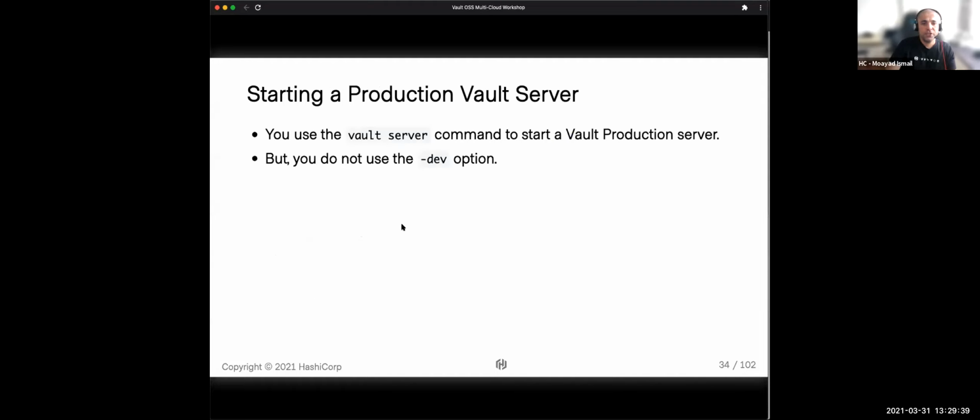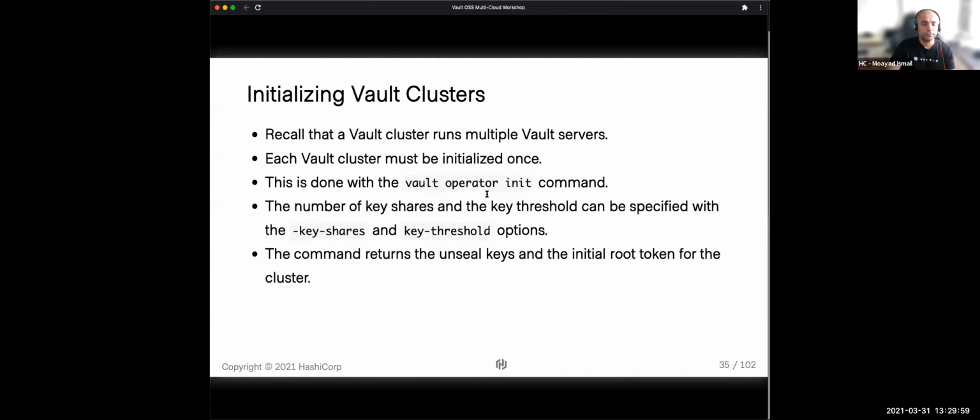To start the production server, it's quite straightforward. You run vault server, and then you reference the config file, and do not use the dev option. If you use the dev option, obviously it will launch in dev mode. You will get to launch a dev mode Vault server and a production server in the lab.